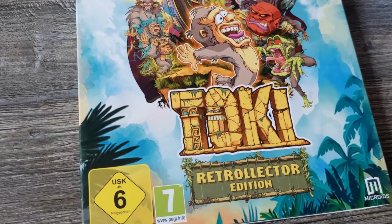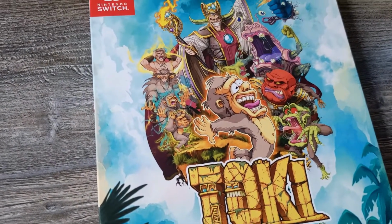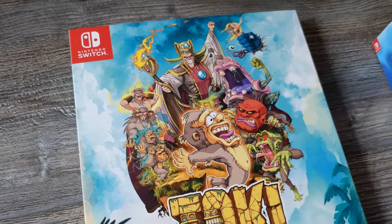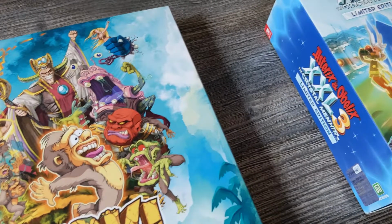And that as well, it's a brilliant game. I have a review of this game on the channel if you want to check it out, but it's absolutely brilliant. If you're not a collector, this often goes on sale for less than £1, and I would really recommend buying it. And then the other one I've got is the